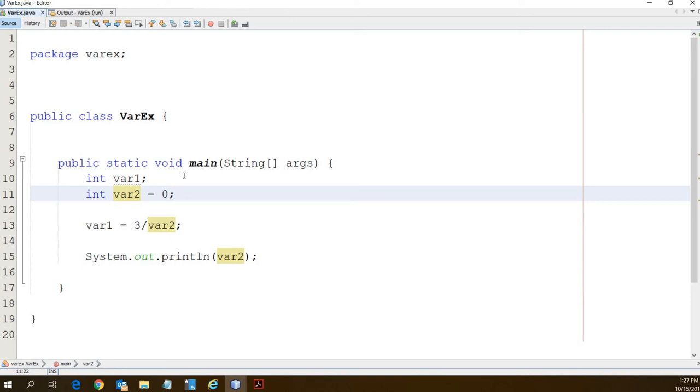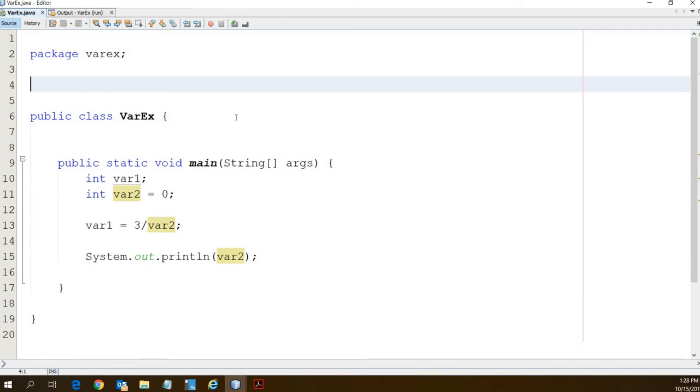When you build a Java program, it doesn't just automatically include everything by default, right? It just includes the basic packages. So if we want to expand Java's capabilities, we have to import an additional package. So what we're going to do is import another package. I want you to go right here after package but before public class, and we're going to go import